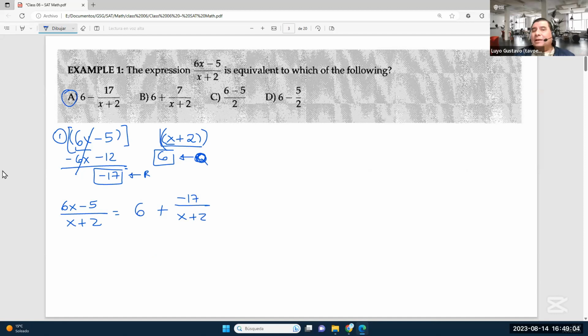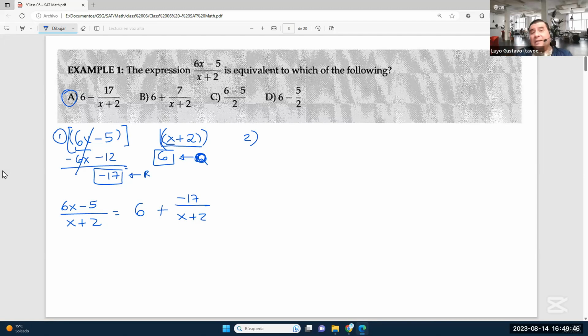Now, what about another possibility? Say you don't want to mess with the division algorithm. What about doing this? Take a look. What about matching the expression above? Something interesting is that in all the answer choices, you may see that 6 is like a term in the expressions. So what if I try to isolate 6 in this way? For me to be able to factor 6 as part of a product of 6 times some binomial,